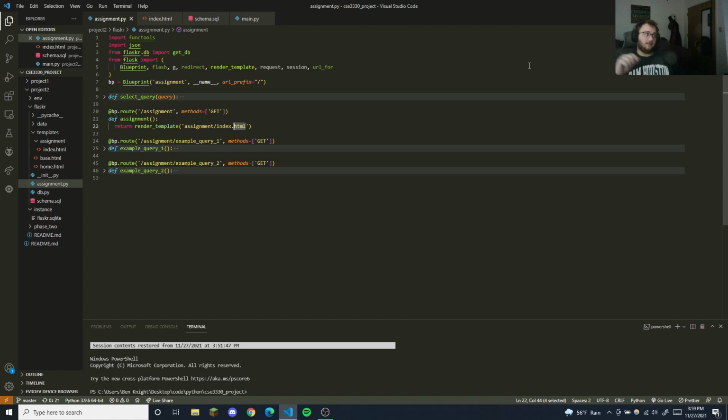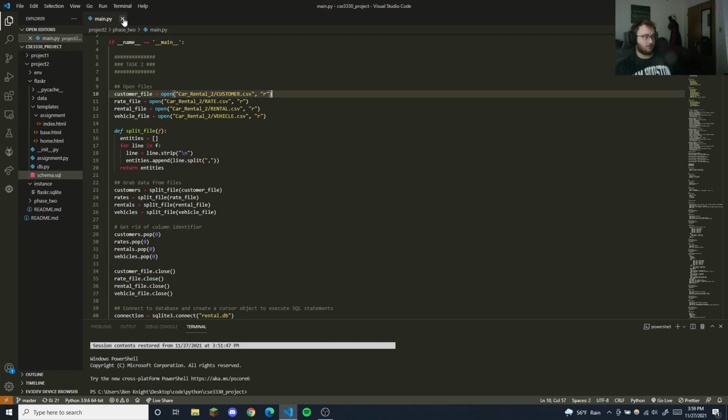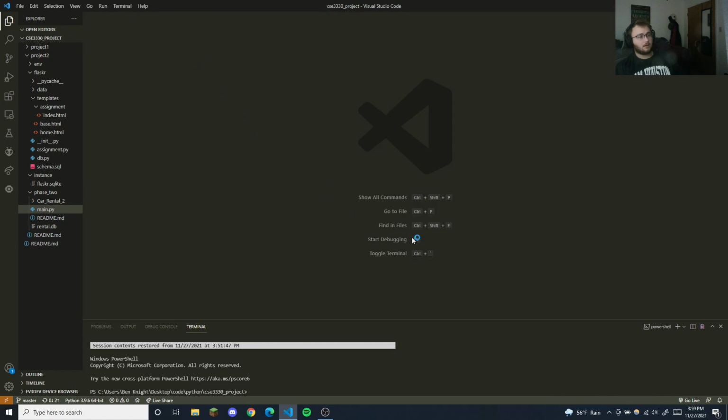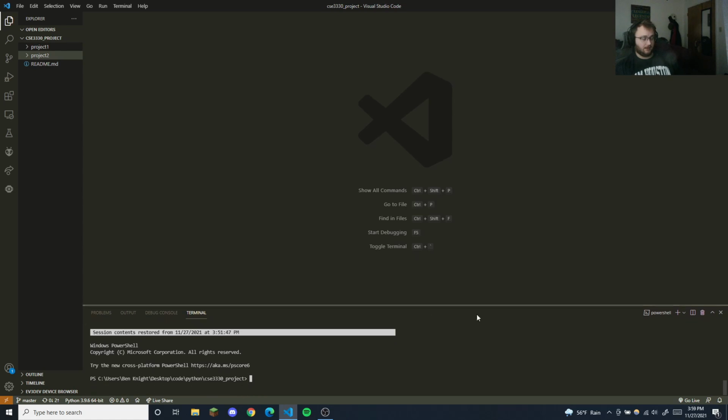So the first thing is we're gonna assume that we just did a fresh clone of the repository or a git pull. Then we opened it up in VS Code, and it should be in like CSE3330 project. The first thing we need to do is activate our virtual environment. So I'm going to go into the project 2 directory, and then from here I will